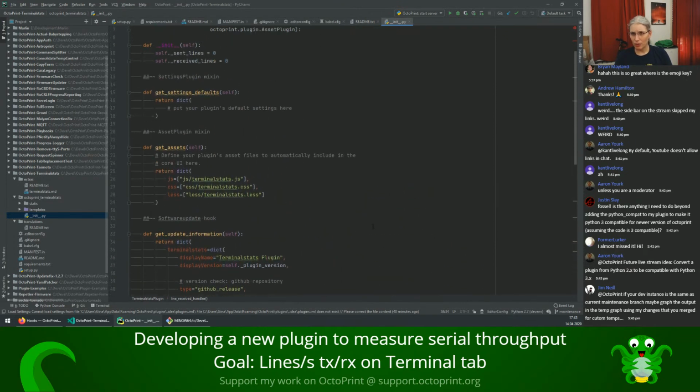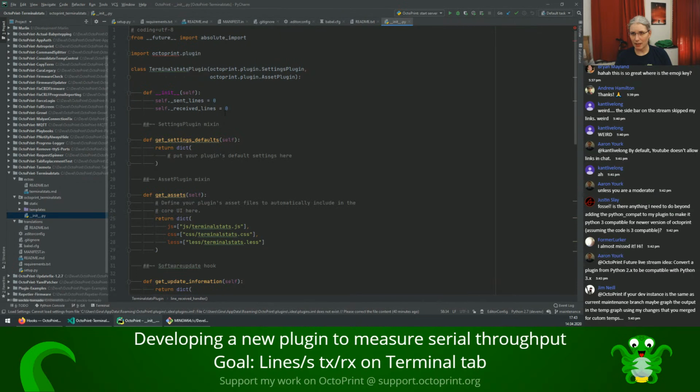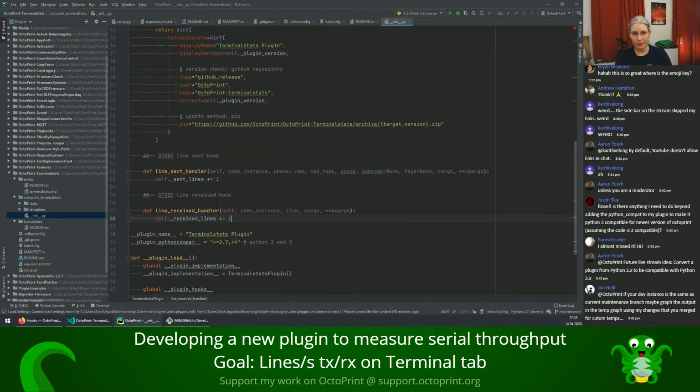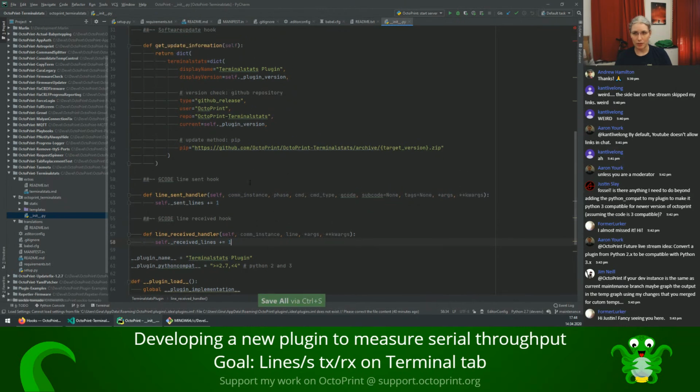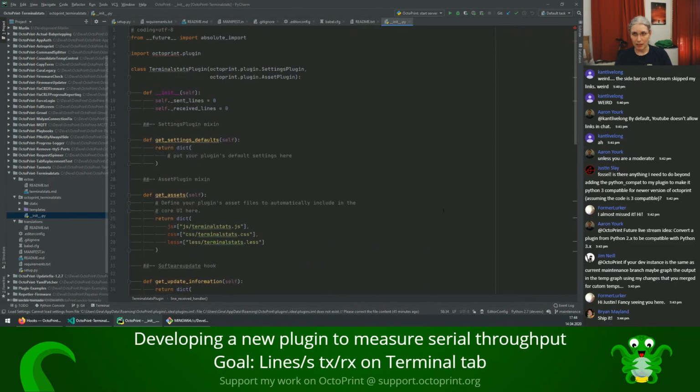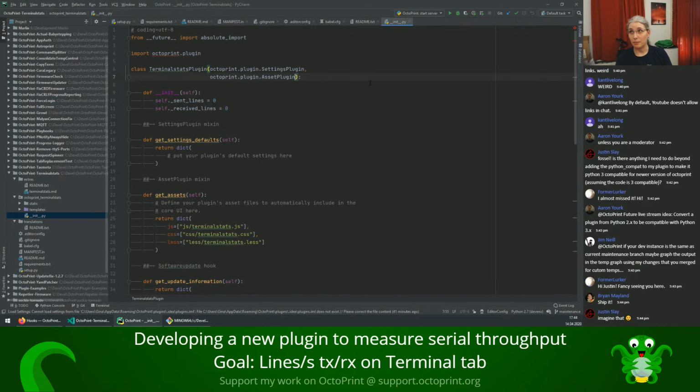So this should for now just count any kind of line that was sent and received, and the counter currently is not being reset. So even if we reconnect and such, that will not cause these counters to be reset. In order to do that, because we really only want to do that